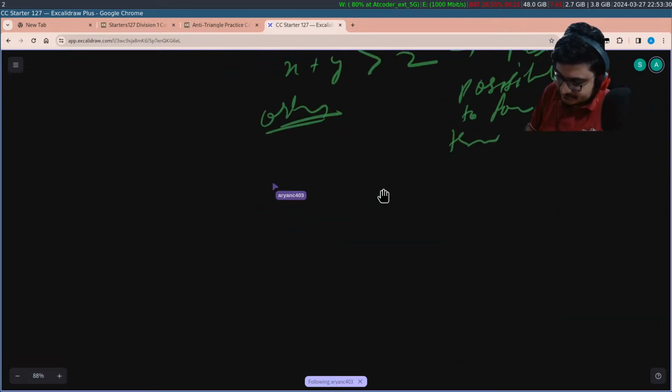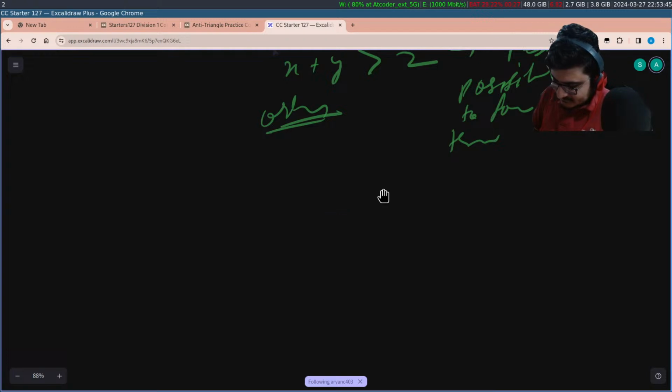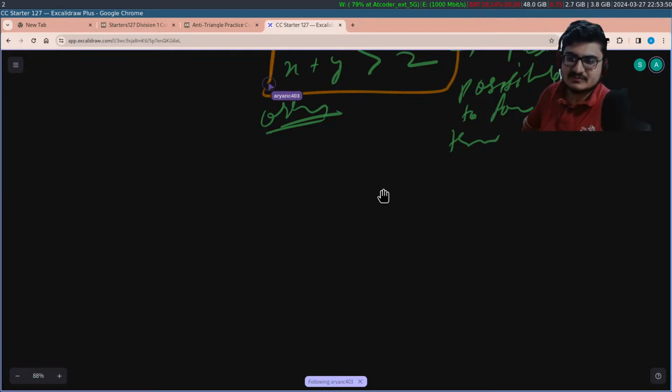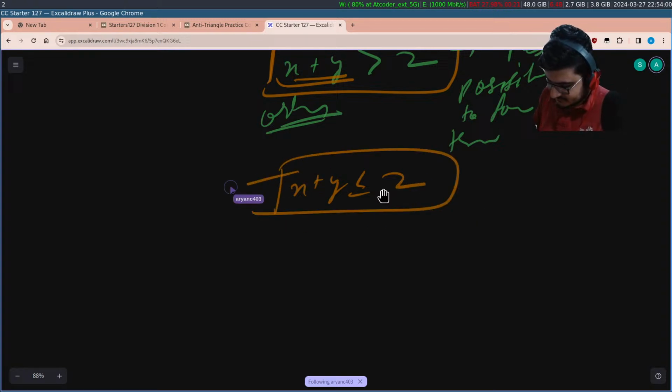So what we need is, let's say we somehow sort our given array, or let's not just sort. Any ideas from the chat, how can we approach this problem? What we need is that whenever we take any two numbers from our given array and we add L to it and put them in increasing order, then the sum of the smaller two numbers should be less than or equal to the largest number. Because if this happens, then it's not possible to form a triangle.